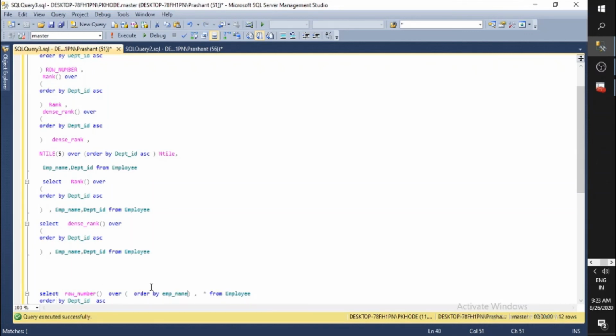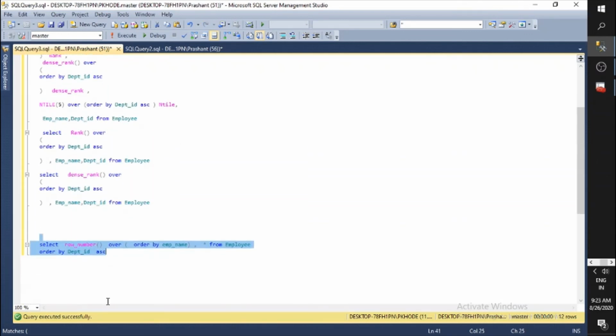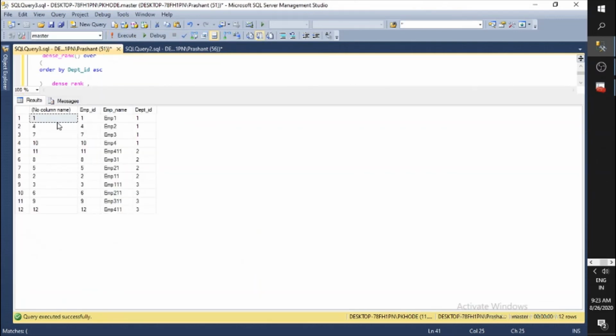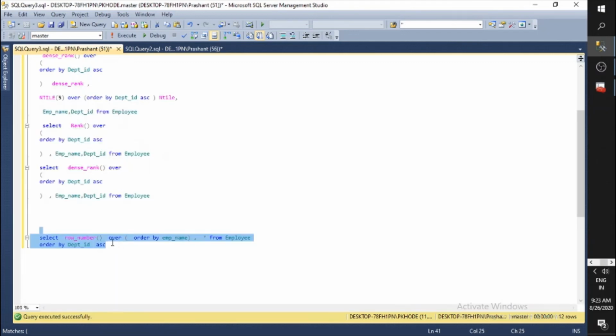Great. Now let's see what happened. Let's run it. Now if we come back and see here, the row number has been generated, but it has not been generated based on the department ID, because I want grouped data. So I need to come back here and use a clause named partition. Partition is like a group by.